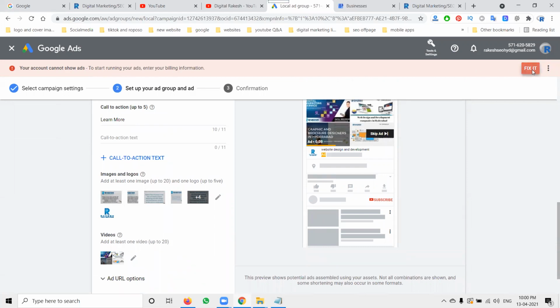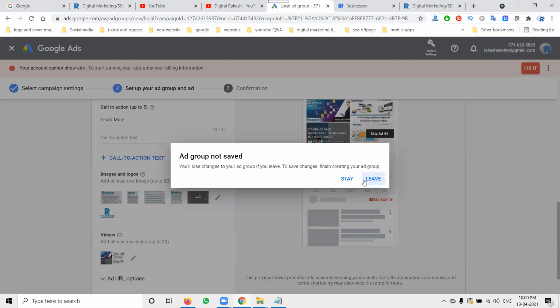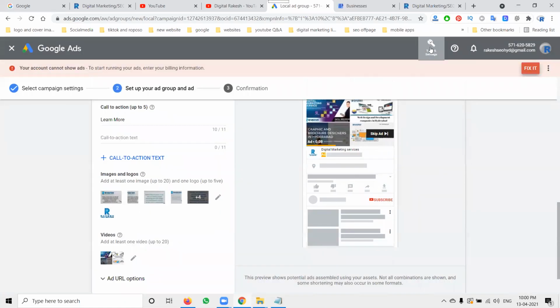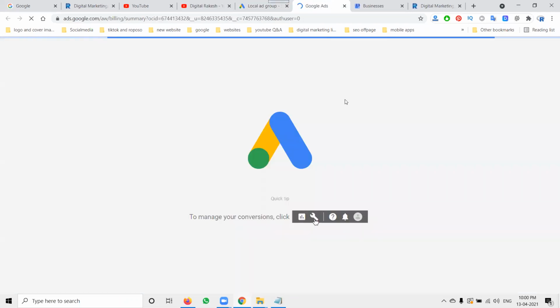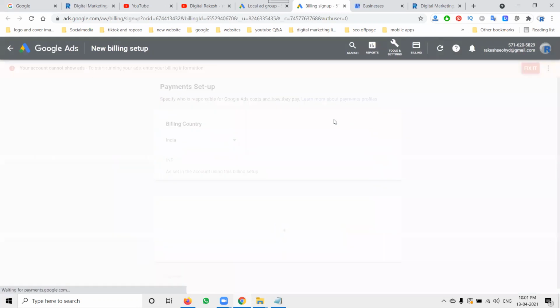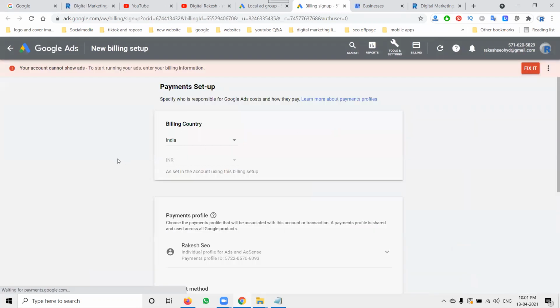Fix it. We go to the fix it option here. How can we fix this? Go to billing information. Before creating any ad, we have to fix this billing system. Once the billing system is finished, we can start your ad option.